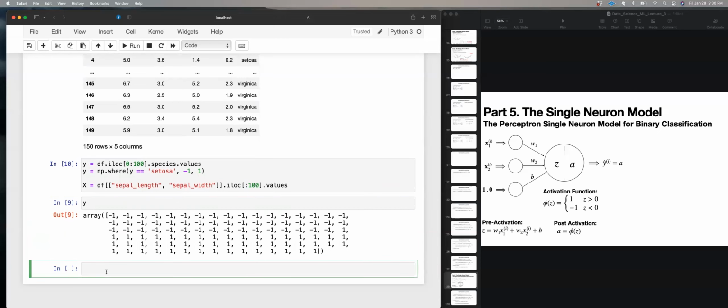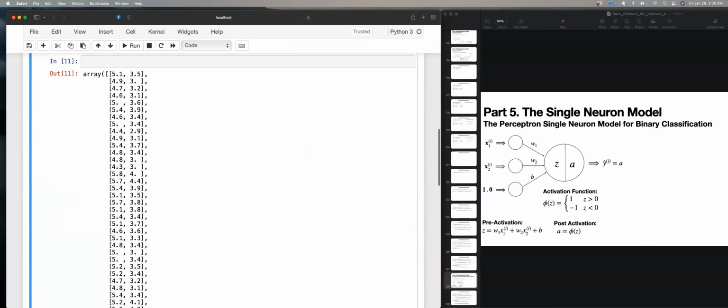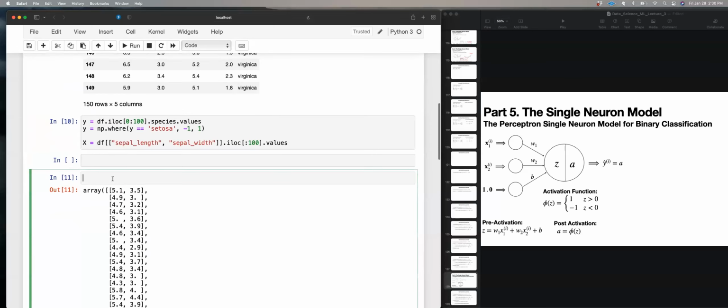What does my X look like? So we have features and then the corresponding label. Feature, label. Feature, label. All right, so it looks like we have some good data to work with now. So now that we have our X and Y data, we might want to move on to the actual perceptron